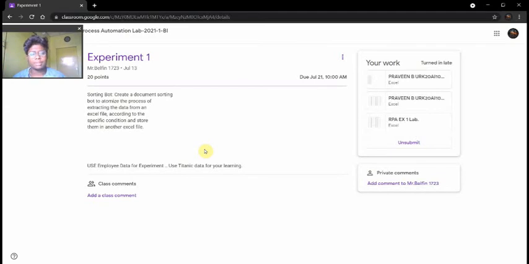Firstly, it has four steps. First one, we need to import the Excel file, and then second step is we need to create a document, duplicate a sheet, and then third one we need to transport the data from the first file to the duplicate file, and then we are going to filter and then we're going to sort it. Now we are going to execute it.